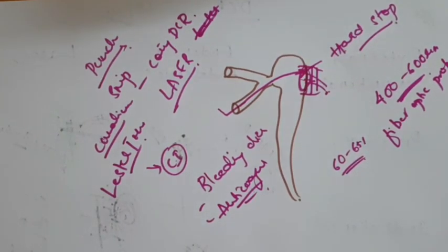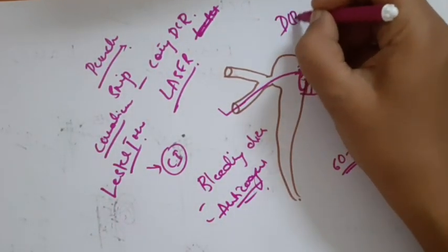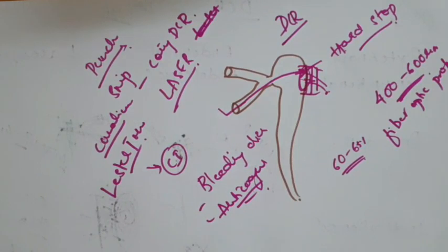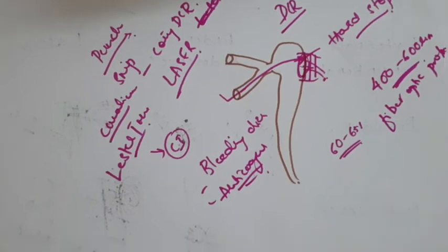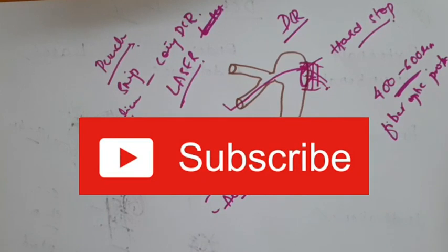The other surgery, which is the ideal surgery, is the DCR or the dacryocystorhinostomy. And in that we have three types: the external DCR or the conventional one, the endoscopic or the endonasal, and the laser DCR. So each have the specific indications as well as the success rate. And all these can be combined with the silicone tube intubation to increase the success rate of the surgery. So hope this video on the surgeries for the epiphora was useful to all of you.